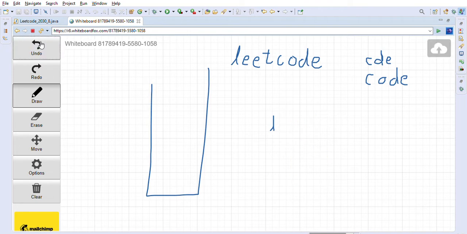So how we are going to solve this problem is with the help of a stack. Let me explain the logic behind the solution, and then it will be clear. This is the stack that I just drew. We will go character by character, and I will explain the approach too. First we are looking at L, so I will put L into the stack.